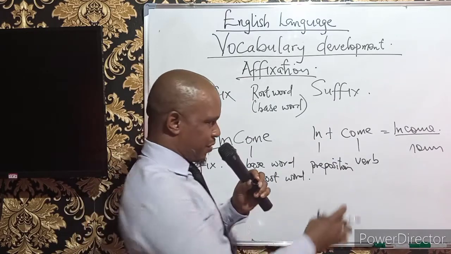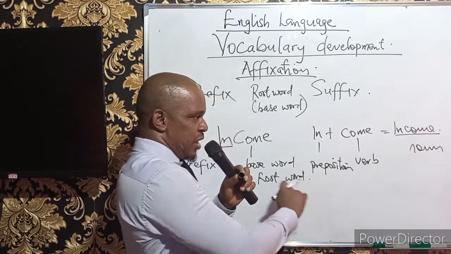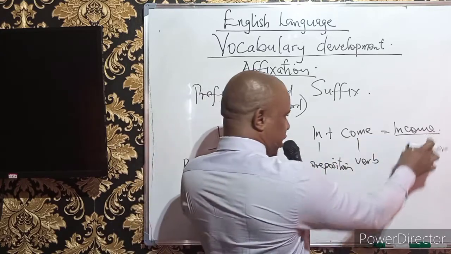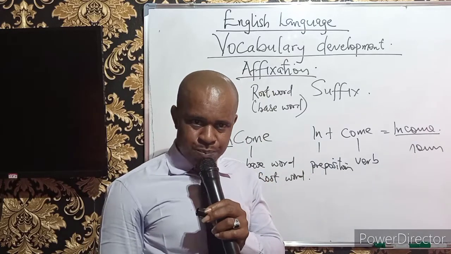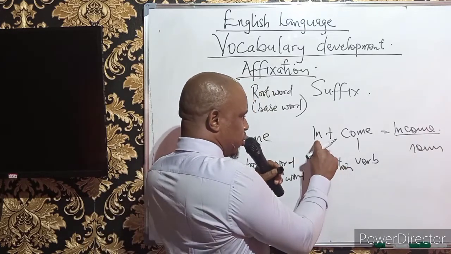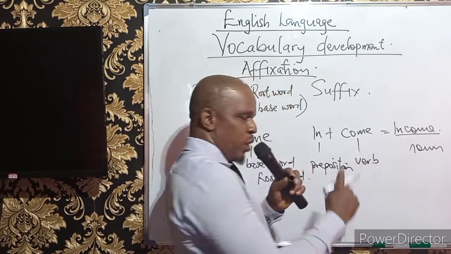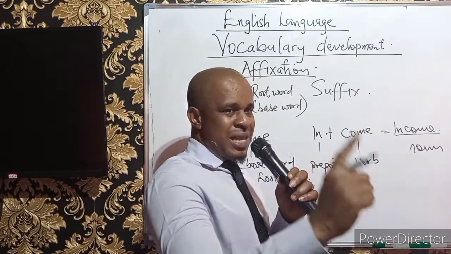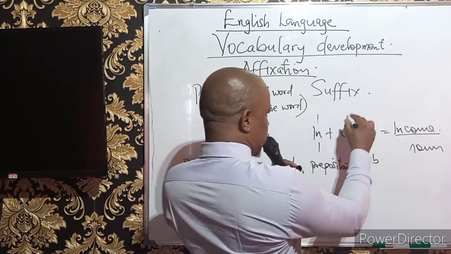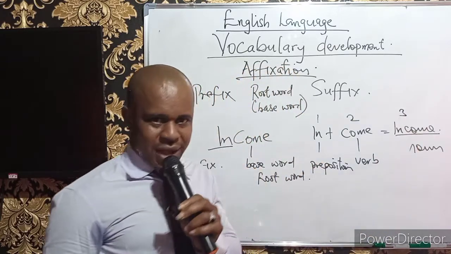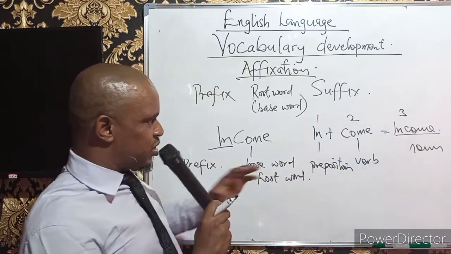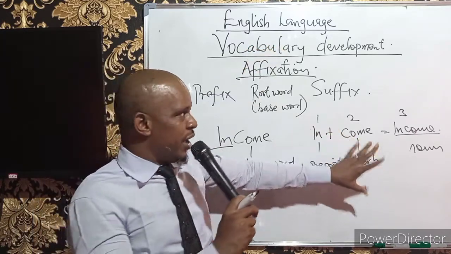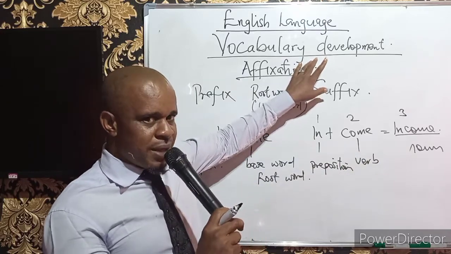All right? So we have come here. Somebody can know the meaning of come. And then you have in. They are entirely two different things. When you have the two of them added, like I said, we have income. That's another word altogether. So this time around, we have knowledge of in plus come. We have two words whose meanings we know. So when we add the two, we have income, which is another different word. That means 1, 2, 3. Gradually, like that, that is how we should understand that the concept of affixation helps us in vocabulary development.